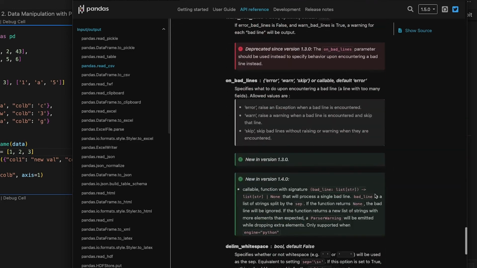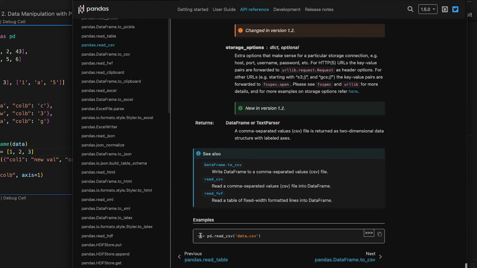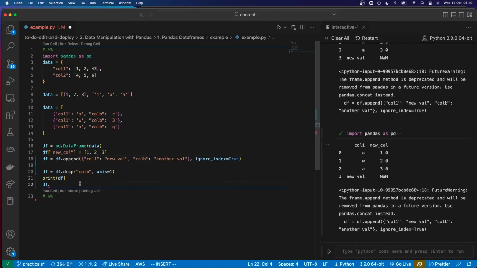And then all the way below, you can see an example. This is a very simple example, but it still gets the point across. You call pd.read_csv on a file, which is a CSV file. So that's a quick blast of how to look at the documentation. So to go ahead and use that,